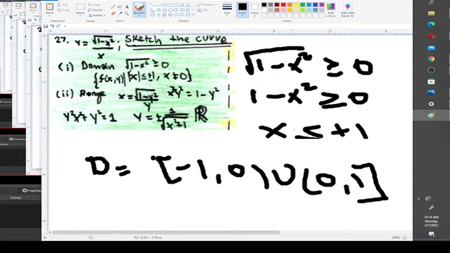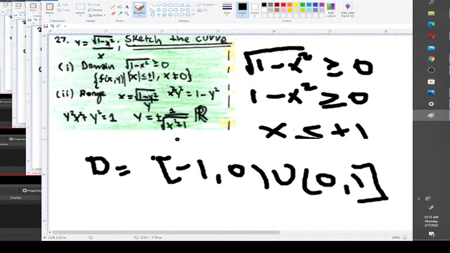Now the range. Yeah, this isn't something we normally solve for anymore once you make it to this level, but I had to refresh myself on how to solve for it too. But all you want to do is switch x and y and solve for y again. And then basically you're just doing the same thing. Where is the function defined? And the numerator is just 1. That means